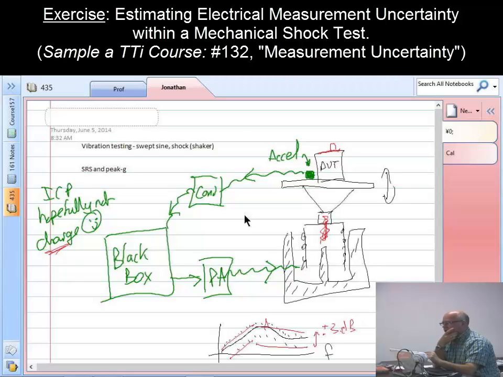I think, especially if we're using our test article protector, we have to run charge for at least that Excel, because the ICPs tend to have a better temporal, time-based response than the charge. But anyway, the signal conditioner, what the signal conditioner does is it sends in this direction a constant current